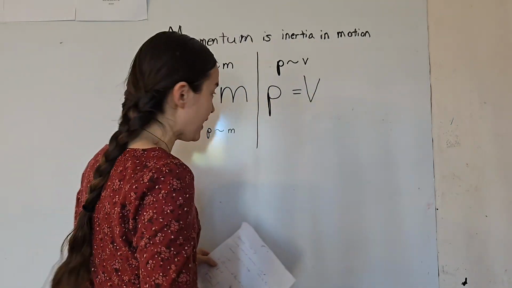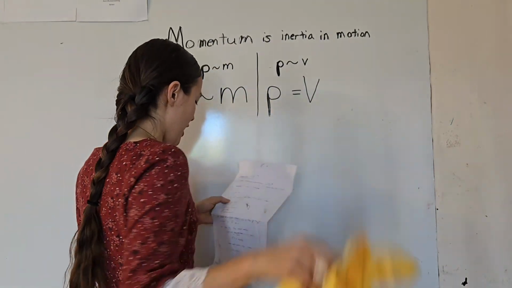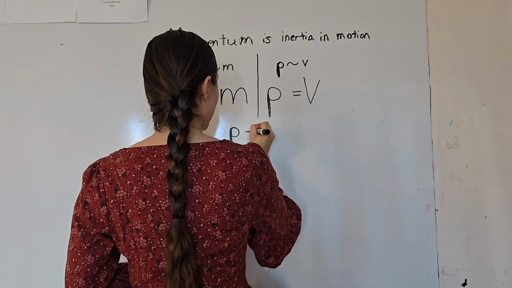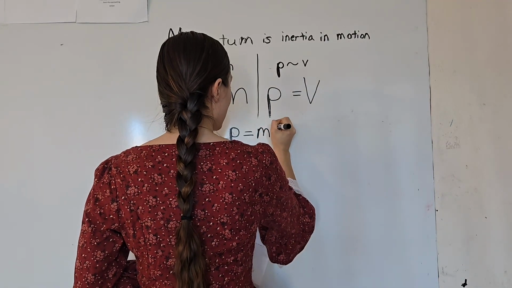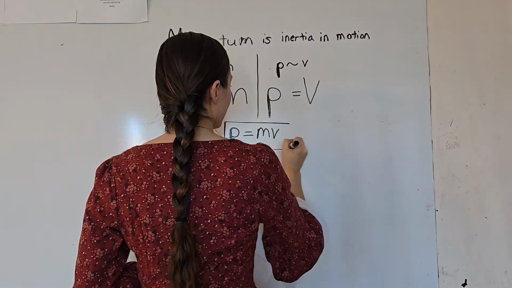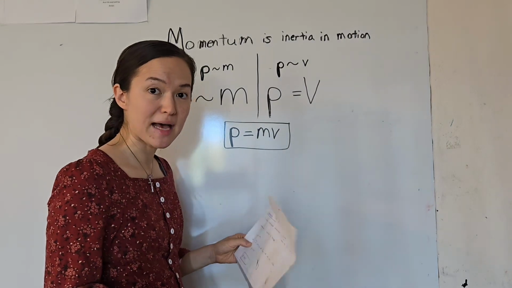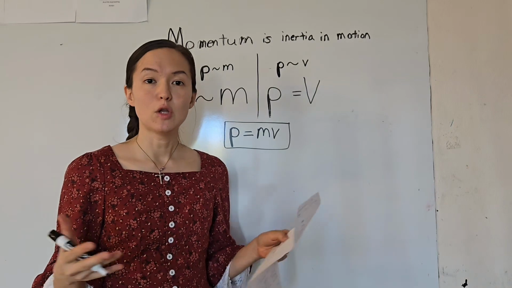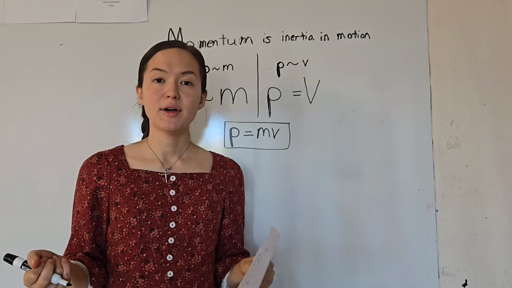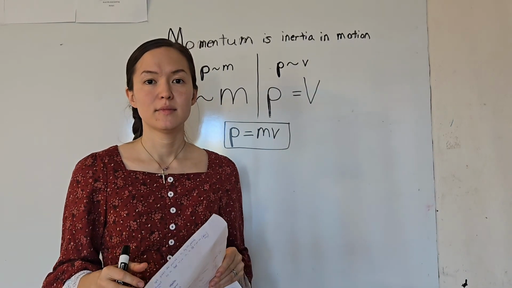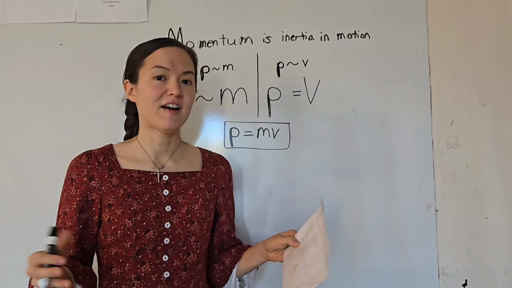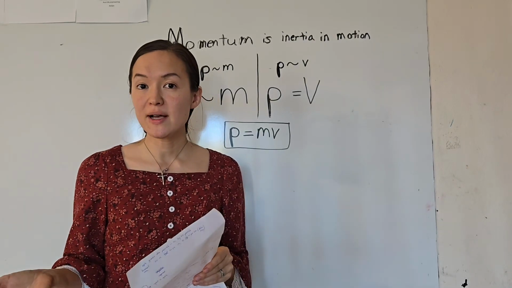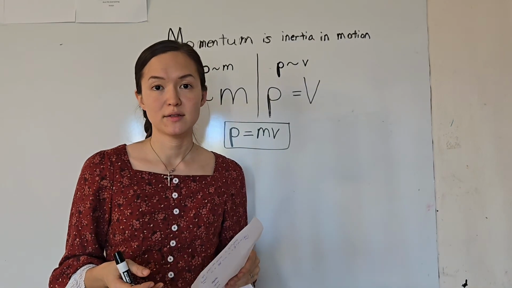So we take these two things that we know are true, and it turns out, this is our law, momentum is mass times velocity. That is what momentum is. It is mass times velocity. So a truck weighing many, many pounds, loaded up with cinder blocks, going 70 miles an hour, has a huge amount of momentum. A little tiny Mini Cooper going 5 miles an hour has way less momentum. That little Mini Cooper going 70 miles an hour still has less momentum than that giant truck.